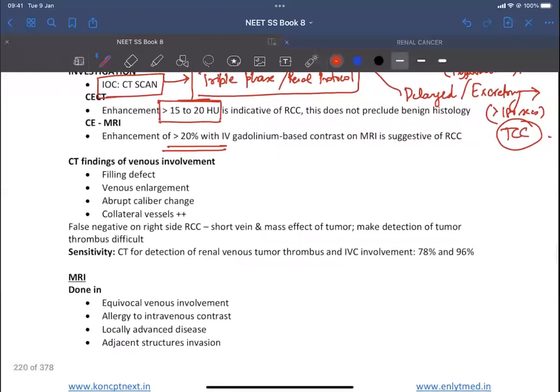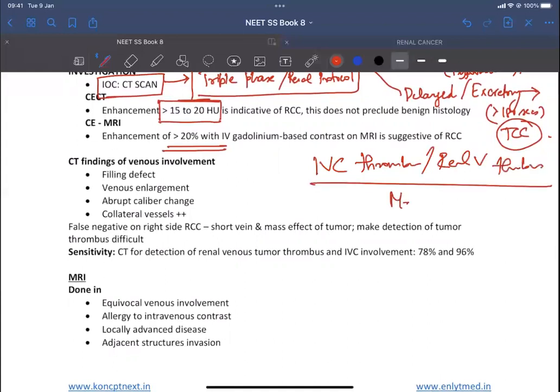So another thing that is important to see is an IVC or renal vein thrombus, because the management is different and becomes quite complex. So how do you detect this? You can see a filling defect, you can see enlargement of the vein, abrupt caliber change, or presence of collateral vessels. And clinically,